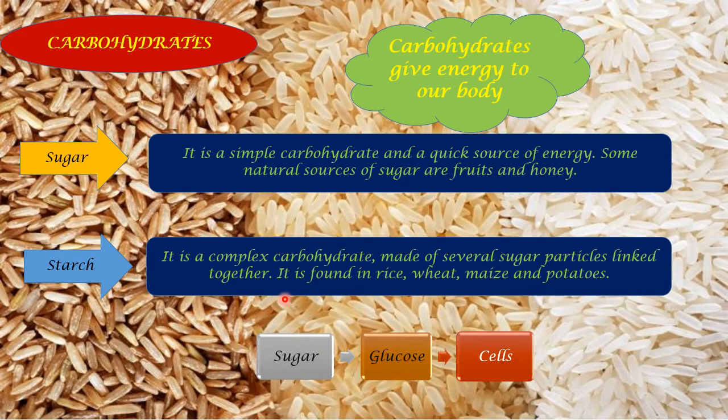These sugar molecules get broken up into glucose, a simpler form of it. There are many different forms of sugar; I have just given glucose here. This glucose is taken into the cells of the body. Our body is made up of different types of cells, because each and every part of the body performs different functions, but all the cells in the body need glucose in order to provide energy